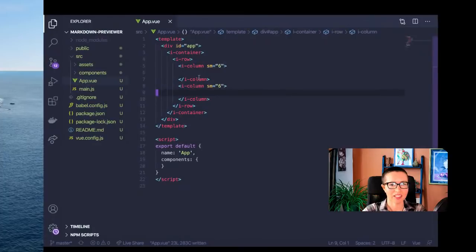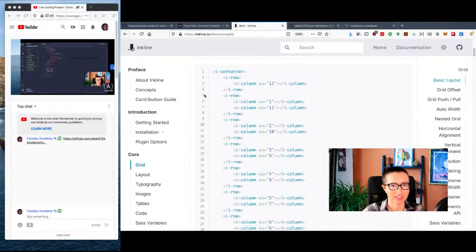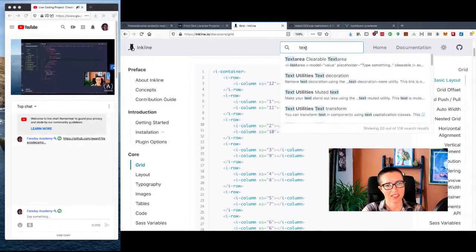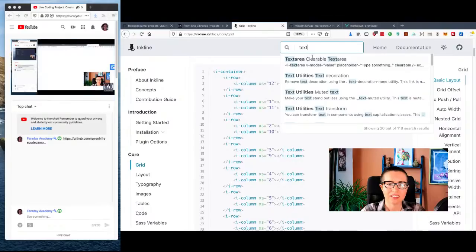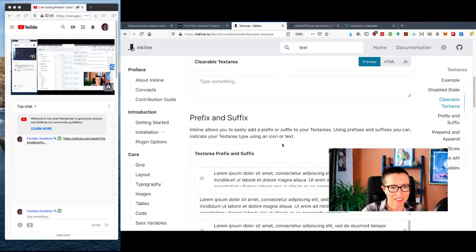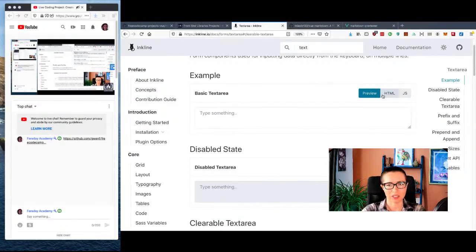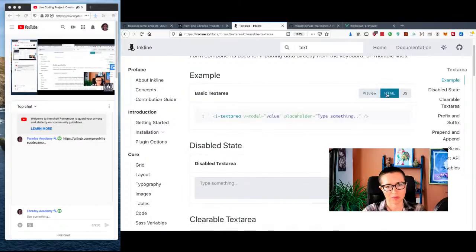cool. And now inside of the first one, let me find a text area in Inkline. So let me look for text area. All right. Not sure why it's not closing. There we go. So clearable, text, disabled. I just want the basic text area. Let me grab this one, and eventually I'll set a height on it. Okay, let me grab that,